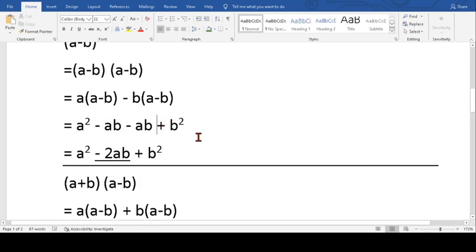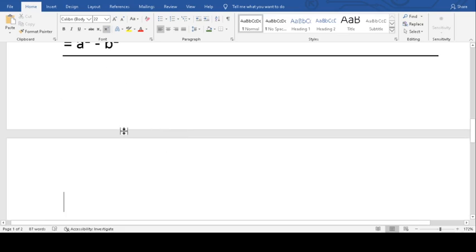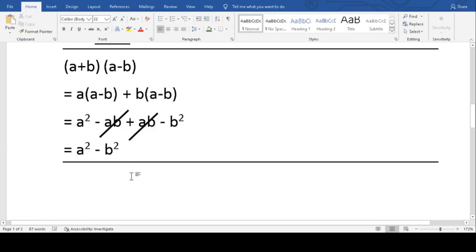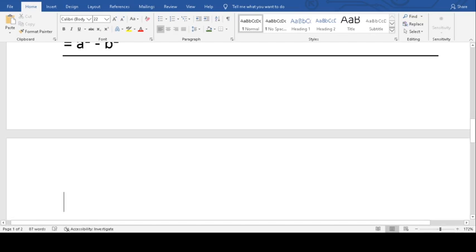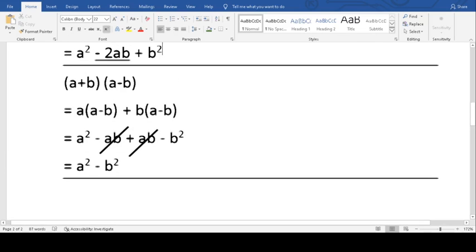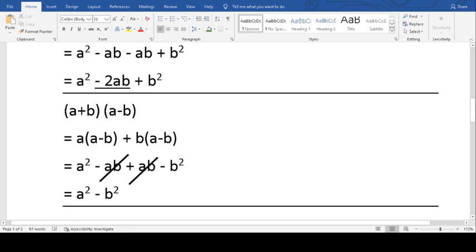In the same way, a square minus b square, we know the formula, that is (a plus b) and (a minus b). So we are doing this one from the formula only, from the required equation, or we can say required formula. So (a plus b) into (a minus b). So we will multiply this term with (a minus b), again with plus b, again (a minus b).